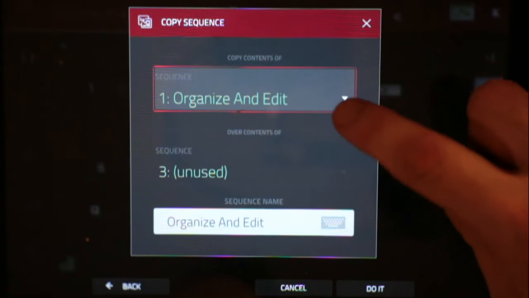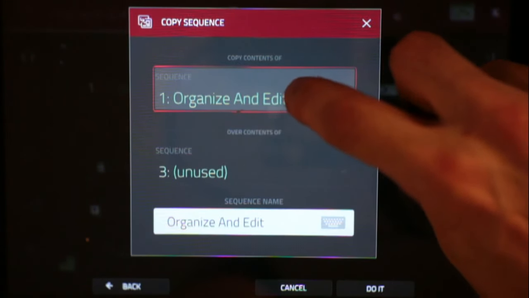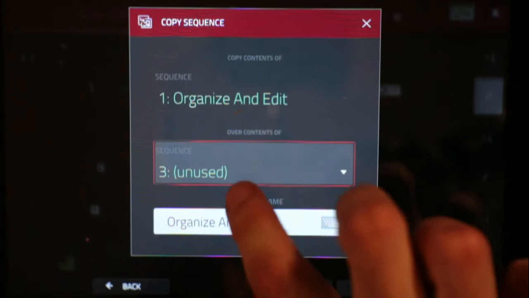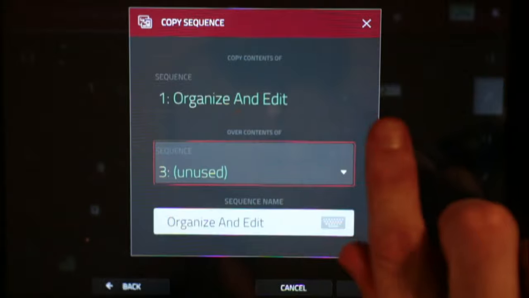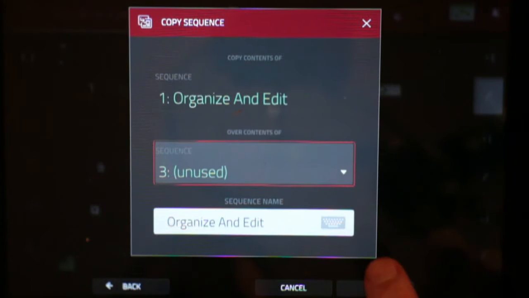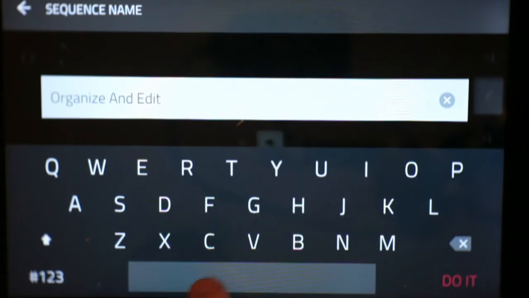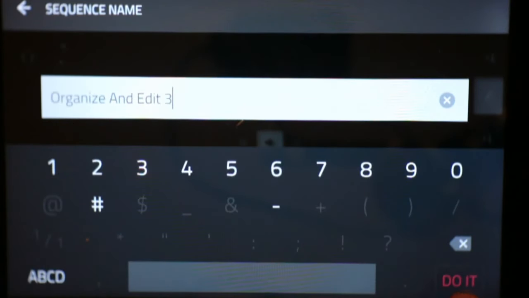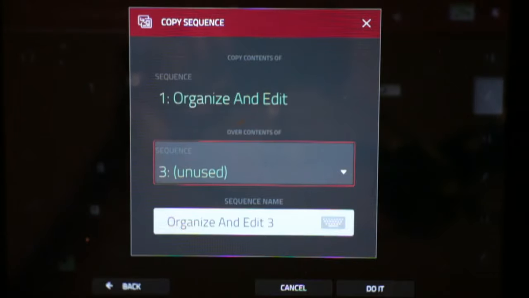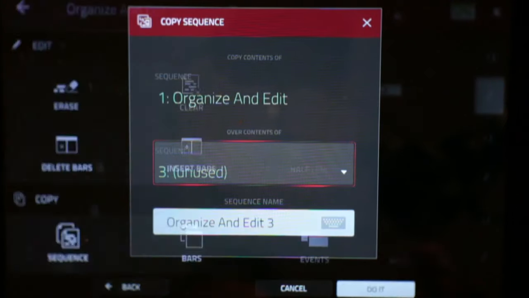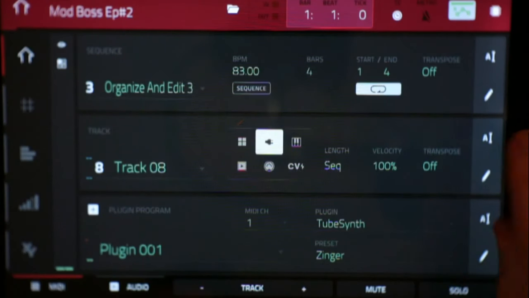I'm going to copy it from 1, and then copy it to number 3. Actually, I'm going to copy it to 3, and change this to 3. Wait, I'm fighting this camera to try to keep it in focus, guys. I apologize. So I'm going to do that, and then copy it again,